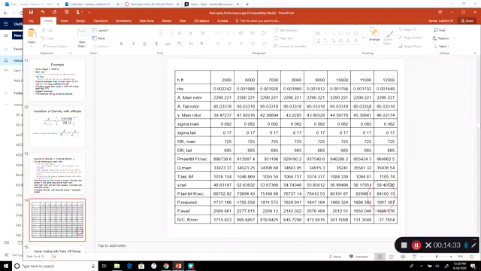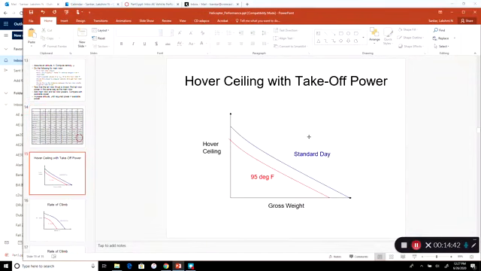But weight can vary because you may have fewer passengers or lesser crew, military crew on a Black Hawk. They may be carrying different payload. They may be carrying different amounts of fuel. So depending on the mission operation, the gross weight can change. So it's possible to, for each gross weight,